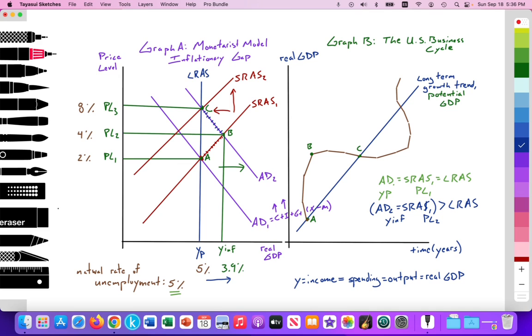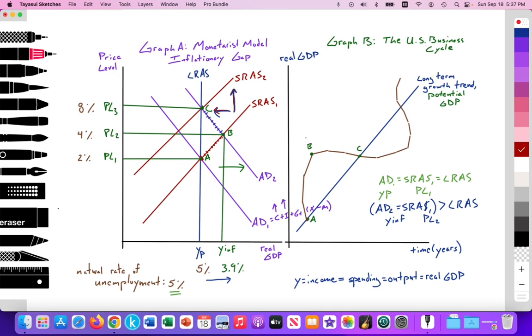As we enter that inflationary gap, assuming that labor is becoming scarcer, firms wanting to acquire more units of labor will begin to offer higher wages. Wages are a cost of production that will cause the SRAS curve to start to shift as a result. But also because of the Russian-Ukrainian war causing rising gasoline prices, energy prices, and food prices, if they are inputs in production, it would also cause SRAS to shift in by that amount, which is cost push inflation. So SRAS shifts in from SRAS1 to SRAS2.